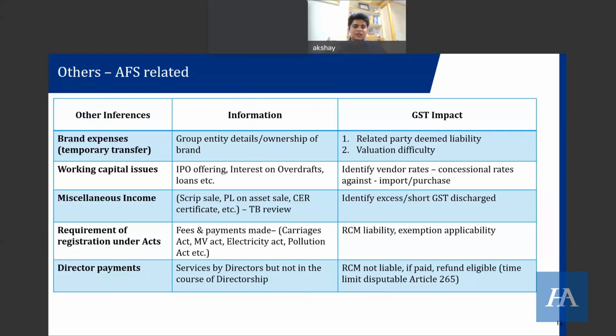So in an instance where any tax, it's not just for the RCM or director's payment, any tax under GST which is not payable but has been paid incorrectly, it is no more a tax. It is just a payment which has been made to the government, and you can take a refund of the same. Even the time limit of 2 years, which is there under GST, can be disputed under Article 265, which says that equality must be available, and no tax must be paid which is not leviable by law. So in this situation, it was not a leviable tax, and therefore the time limit would not apply because it's not a tax.